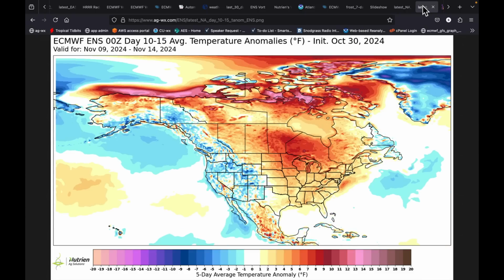Some of the new forecasts take us out to day 10 through 15, and they're saying that the southeast ridge is so strong that overcoming it, despite changes in Alaska, seems to be limited. So we're going to have to watch that very carefully as well.